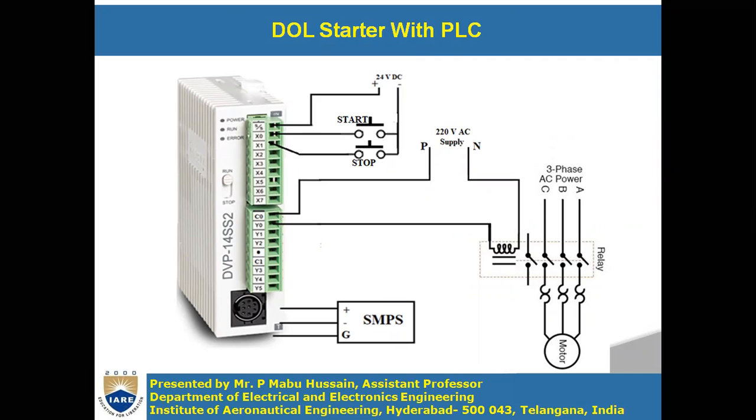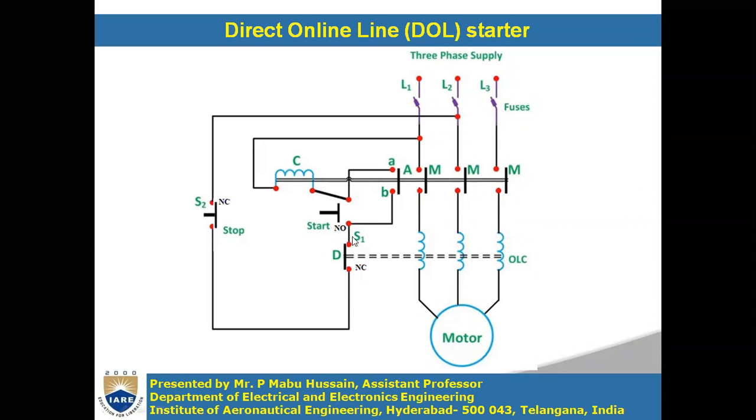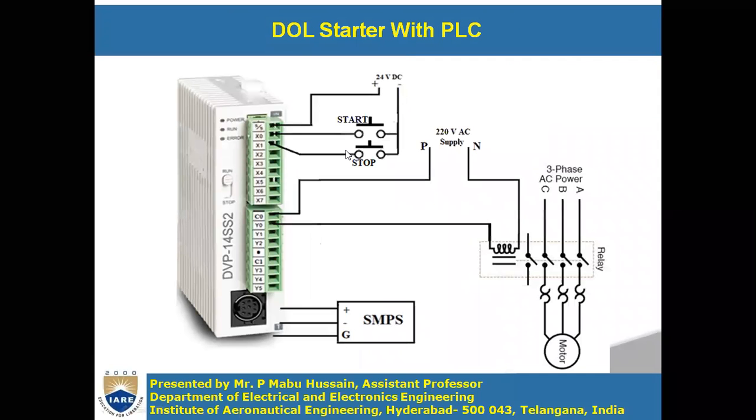As I said before, for starting the motor and stopping the motor, you have to use 2 push buttons. In the previous circuit, the start button is NO and the stop button is NC. NO is normally open and NC means normally closed. But for PLC, you can use both as normally open only, so that you can write the program. In the program you can modify them, so one works as normally closed and the other works as normally open. So don't worry, you can use the 2 push buttons which are normally open itself.